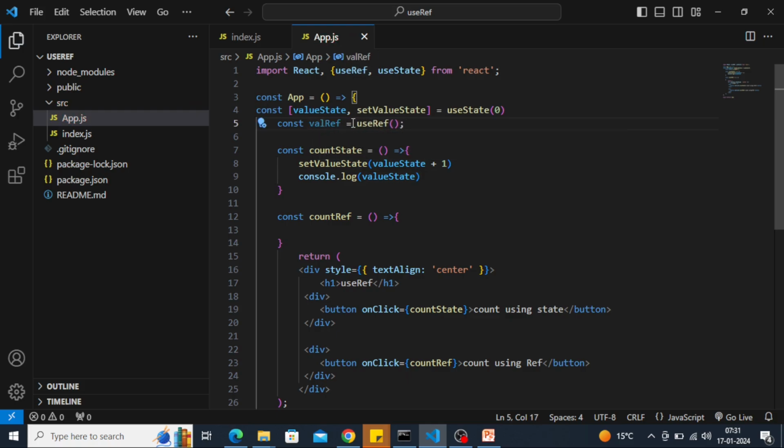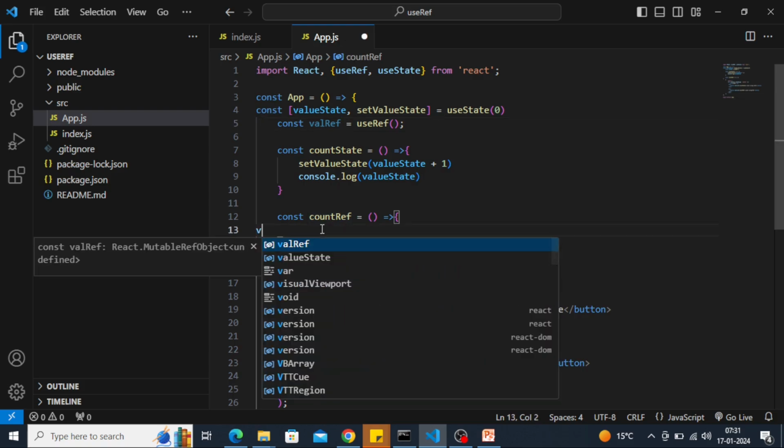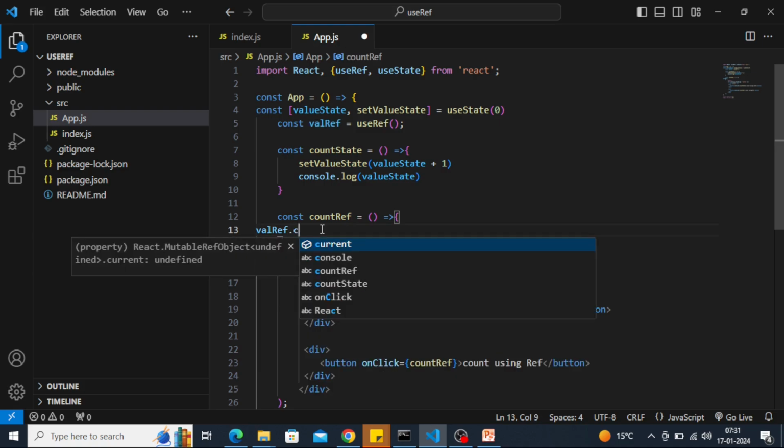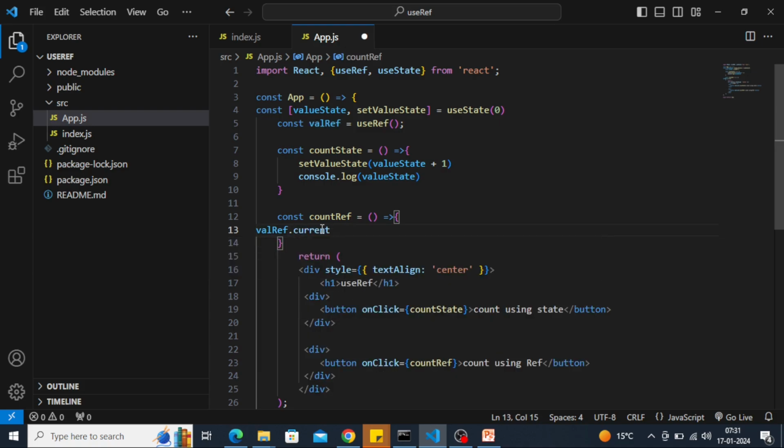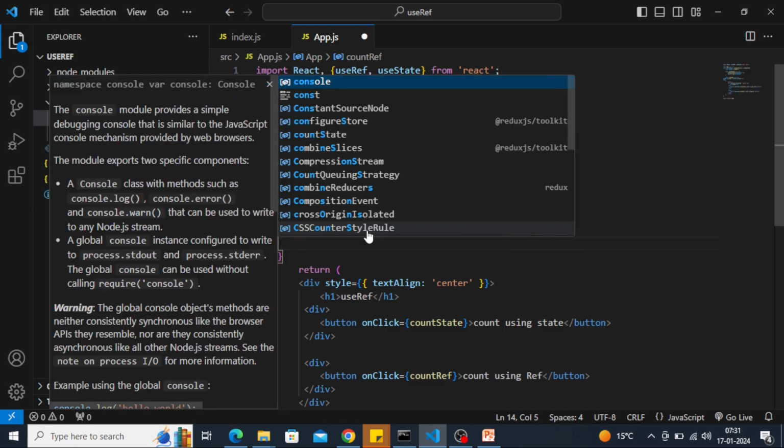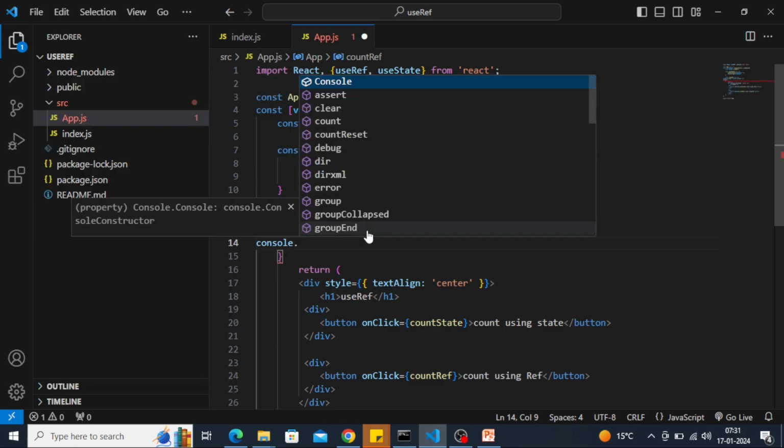So for val ref, when I click on this button, this count ref will be called, and the current value of this val ref should be increased by 1. Okay, so this is how it looks. So if I print this in console,